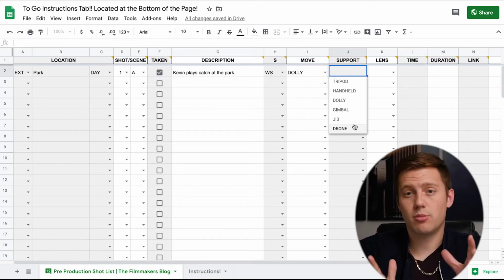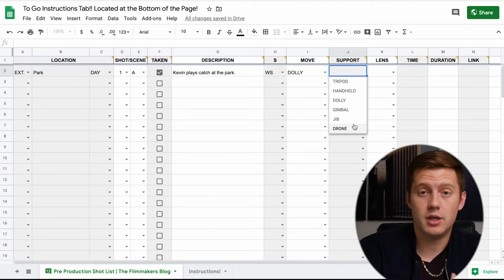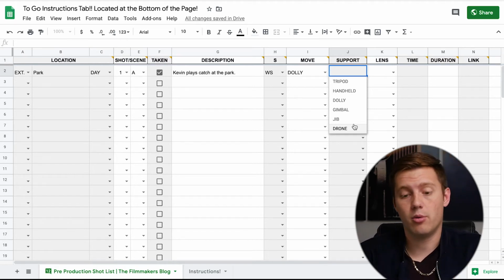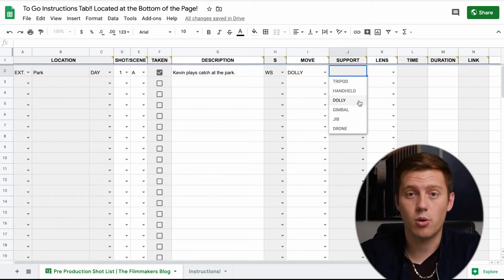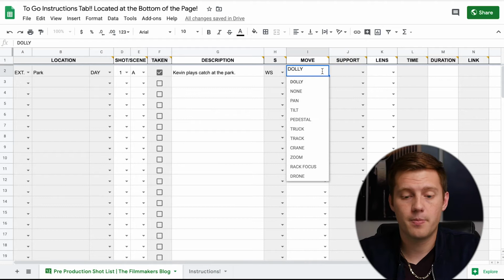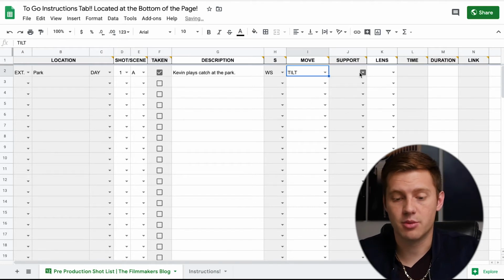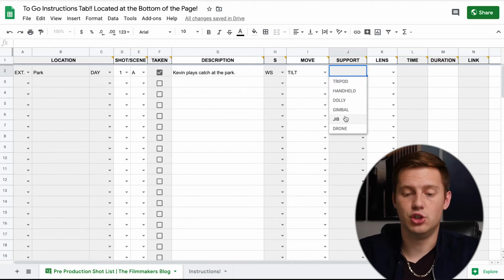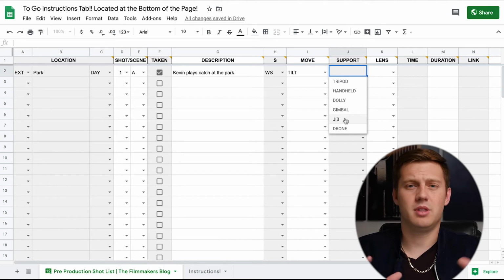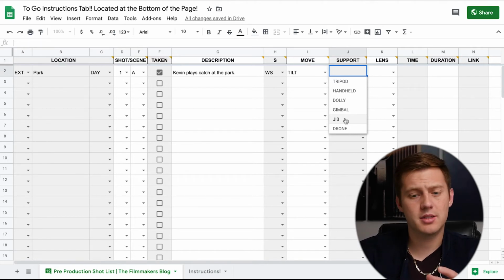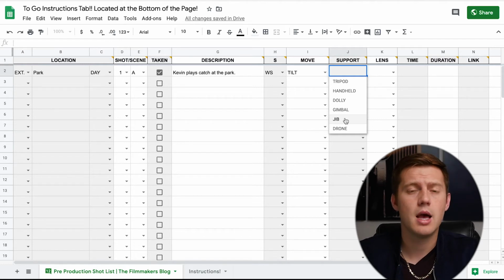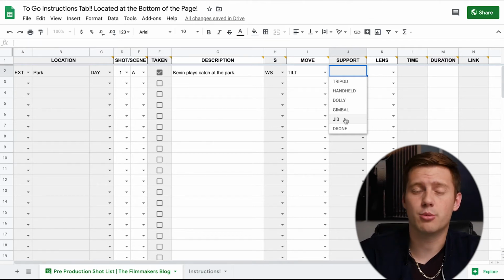So as you can probably think, since I did move a dolly for the move column, I would probably pick dolly for the support. Anytime that I wouldn't pick the same thing is if, let's say for the move, I have tilt, and for the support, I put jib. Now, I could easily put tripod, since a tripod is able to tilt just as much as a jib is,